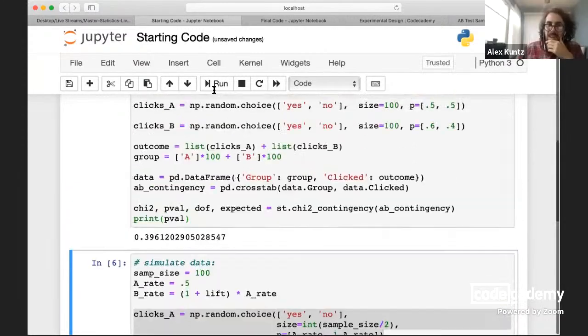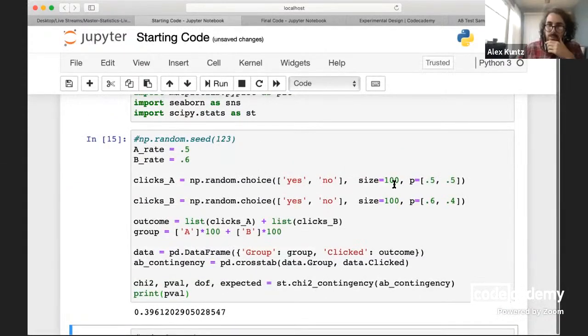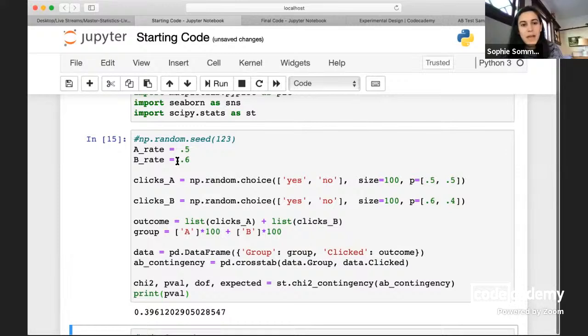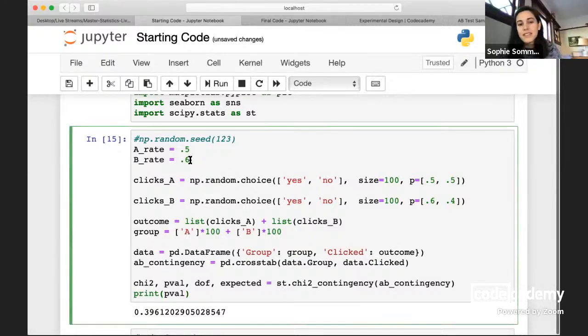Could it be that a sample size of 100 isn't big enough? Maybe. We'll have to come back to this. I think this is the next interesting question once we get a little bit further into our simulation. Let's make this a bigger difference. Let's make it like